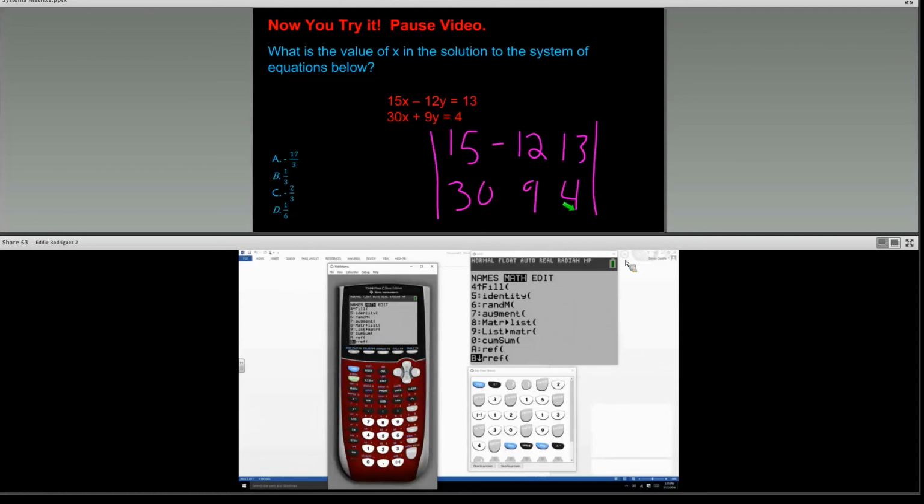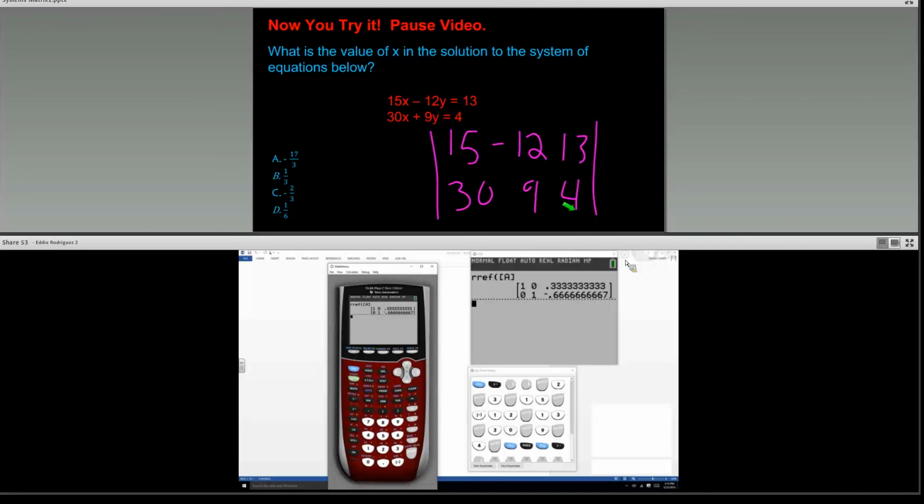So again, let's go back to our matrix by hitting second matrix. And then we want to, under names, call up matrix A. So now I have two answer choices. My X on top is 0.3 repeating, and my choice for Y is negative 0.6 repeating. So I wonder if there's a way where I can take my decimal answer and convert it to a fraction answer. So let's try by hitting